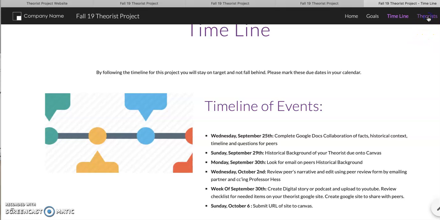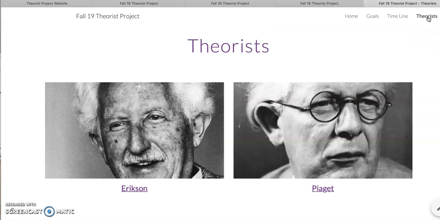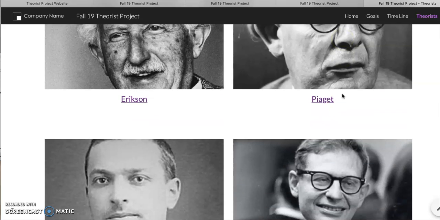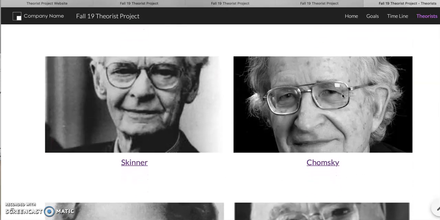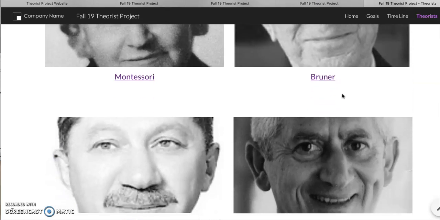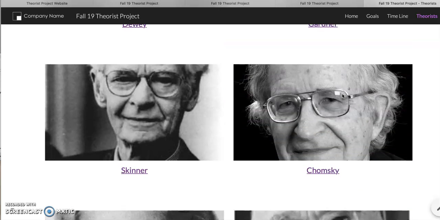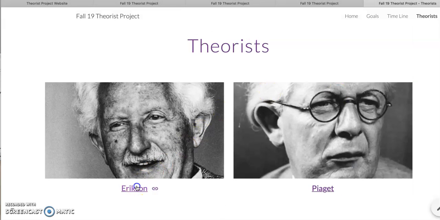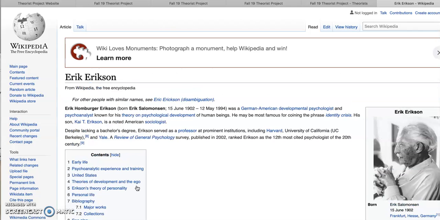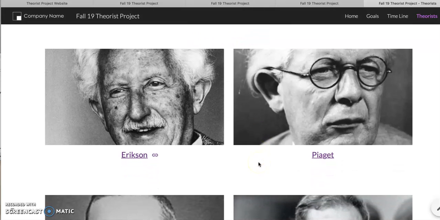The last page here is a list of the theorists that we're covering and a couple more that are very common in the education system. This is just linking you to the Wikipedia page. The only reason I did that is I want to make sure that you are studying the right Erik Erikson and the right Jean Piaget.